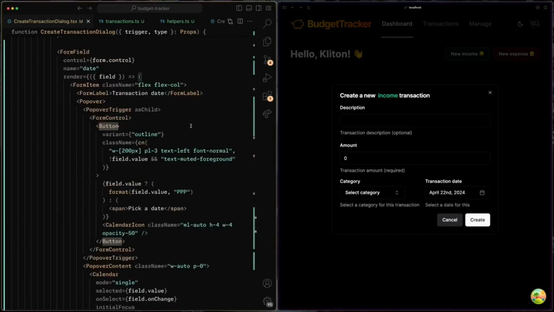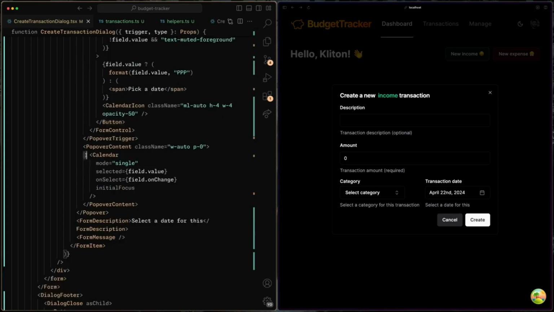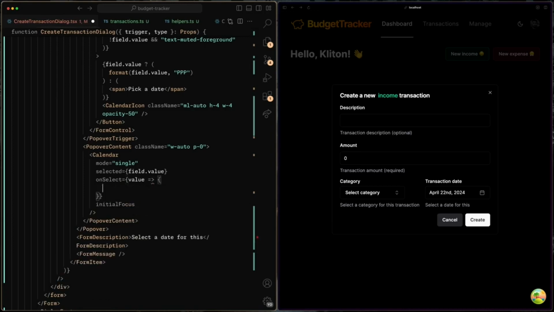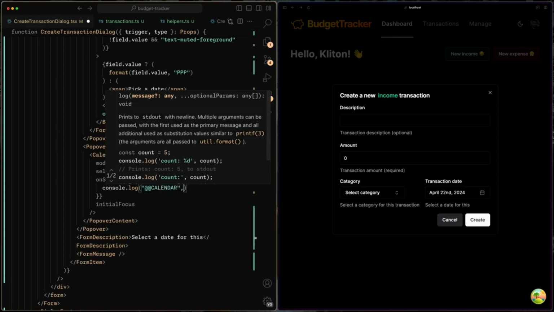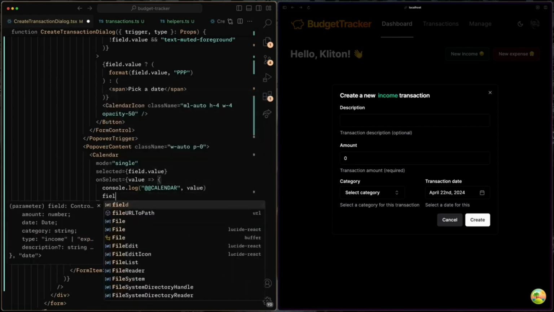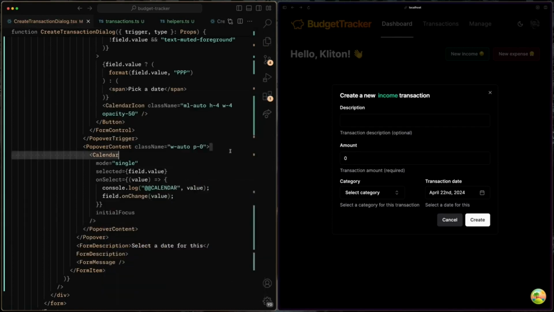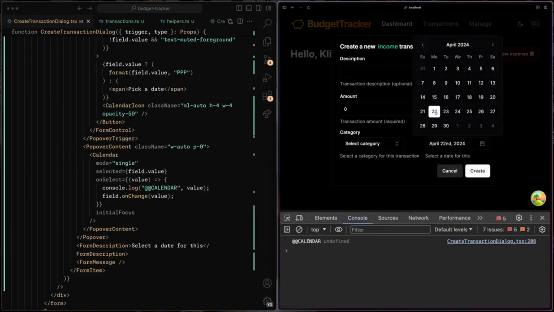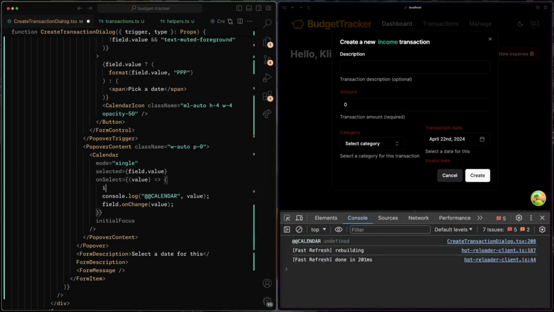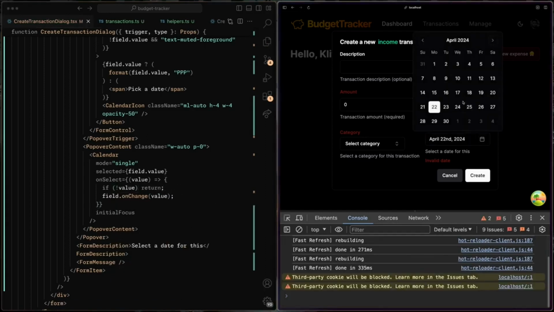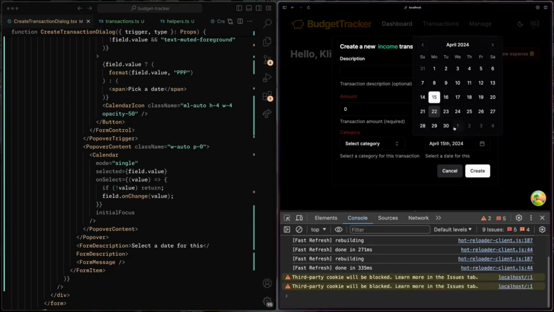Now we are going to fix the calendar null selection, so let's search for the calendar. And what we are going to do is take the value from the calendar, like that, and we are going to log it, so console.log, let's log the value, and then we are going to call field.onChange(value), like that. Now let's try it. So if I click 22, as you can see, I have removed the selection. And if I try to create the transaction now, I will have a validation error. So we are going to fix this. So if value is not defined, return, like that. And basically now you are forced to select